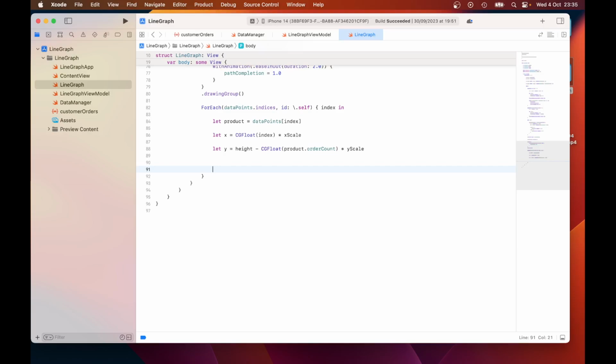So what we need to do is to create a button, so that's Button action selectedDataPoint equals product,